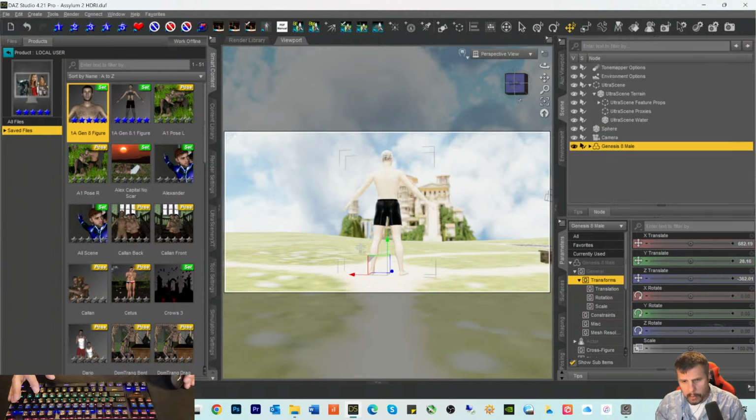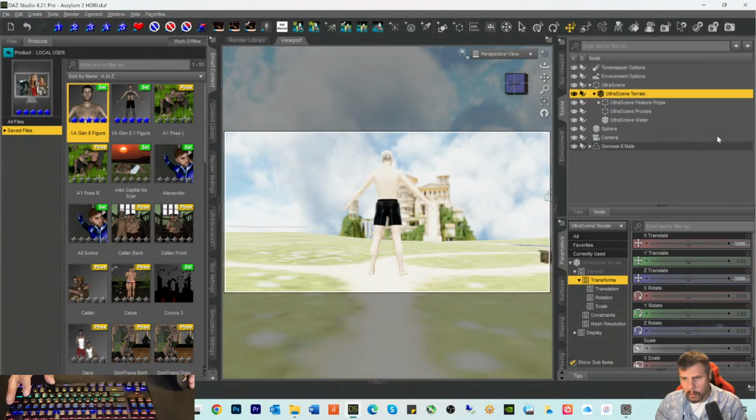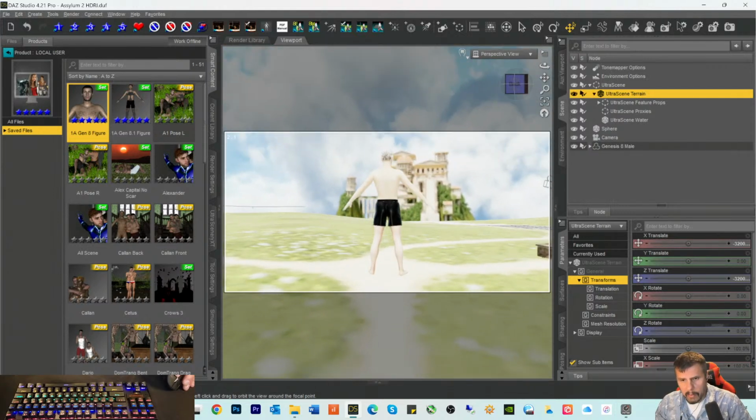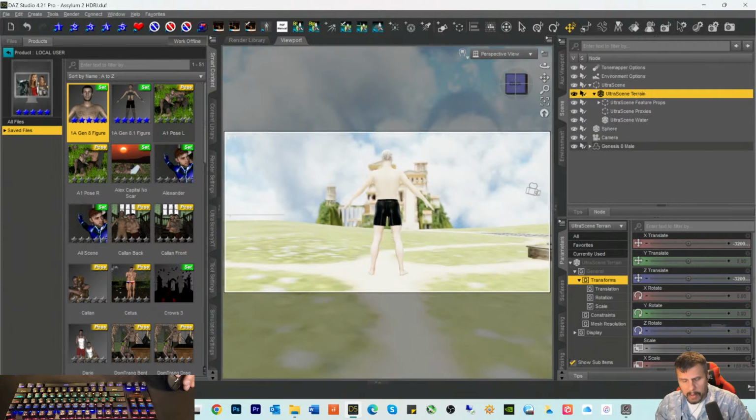What I'm going to do once I get the ground, okay, so I have to take and create my Ultra Scenery terrain. Okay, that's what we have to do. We're ready to now go back to Ultra Scenery, create the terrain, and maybe I can save the terrain in one of my saved things. Oh, okay. And then possibly now see if I